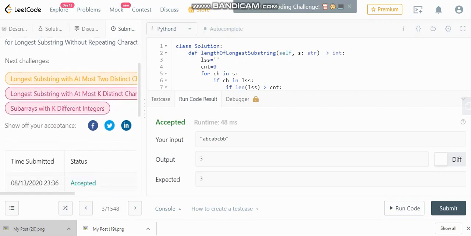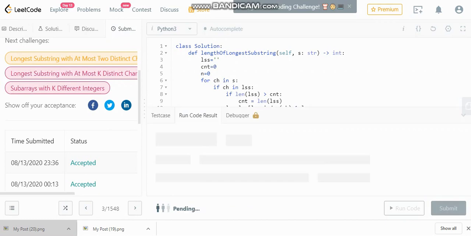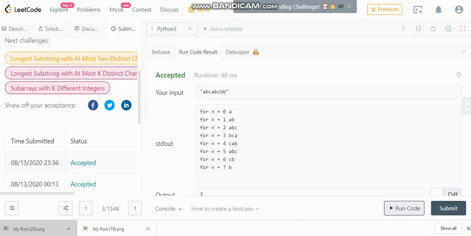Great. So guys, for debugging purposes, I have introduced these two lines of code where n is the iteration count, and I'm just checking for every iteration what the longest substring is, so that you can easily understand what is happening inside this code. I will print it in the console just to show you.